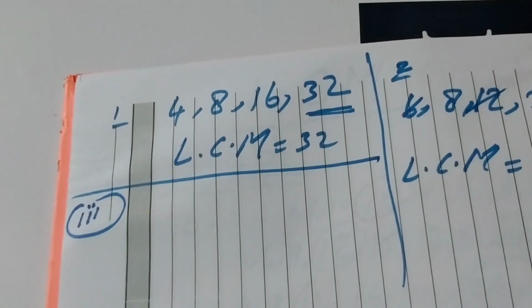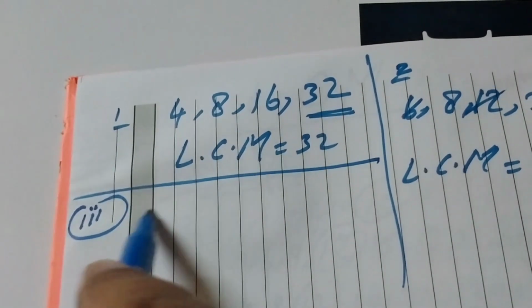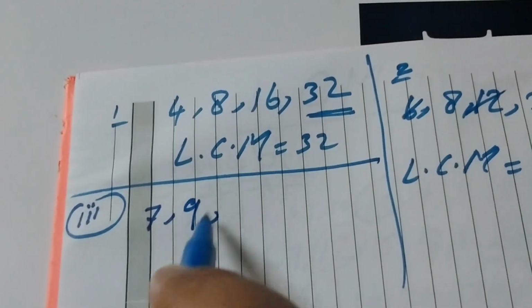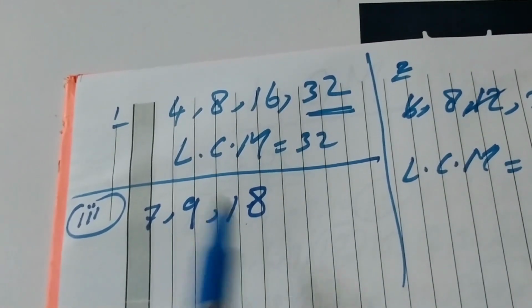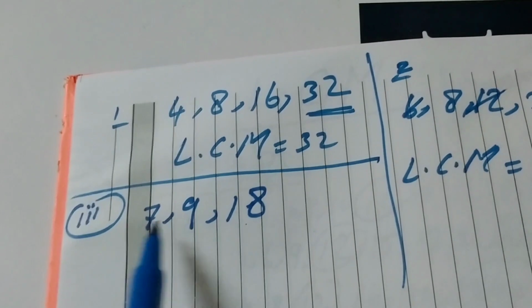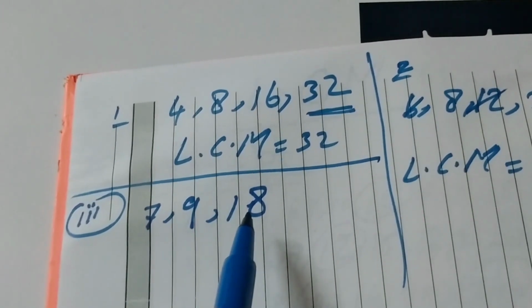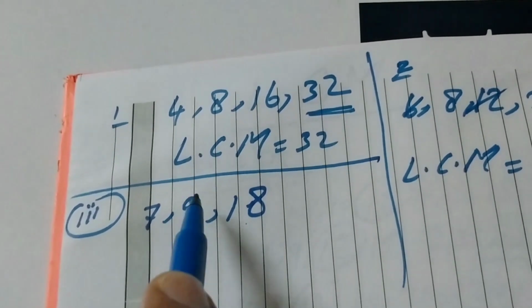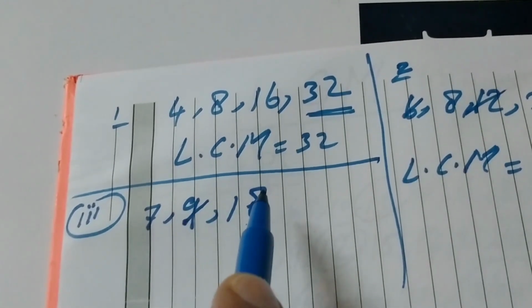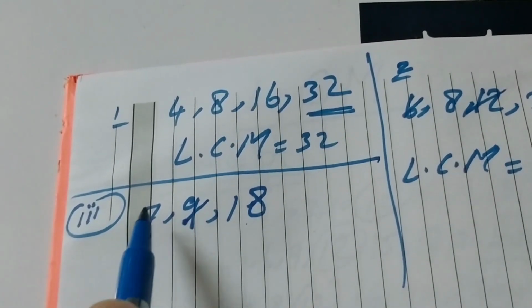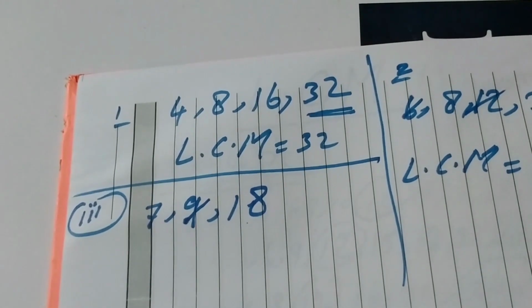So I am going to write the numbers 7, 9 and 18. Let's see the big number, that is 18. So are the other given numbers divisible by 18 or not? Yes, 9 times 2 equals 18. So 9 is a factor of 18, but 7 is not divisible. Okay,